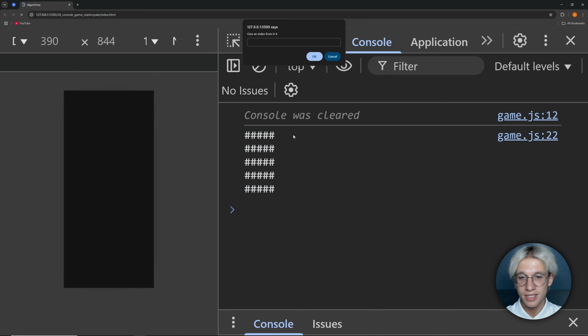You have a map that is represented by hash symbols, and then you have a pop-up message that asks you where you want to put your unit. I need to provide an index, and similar to arrays, indexes are 0 based. I can put 0, and then I press OK, and now we see our unit that is represented by